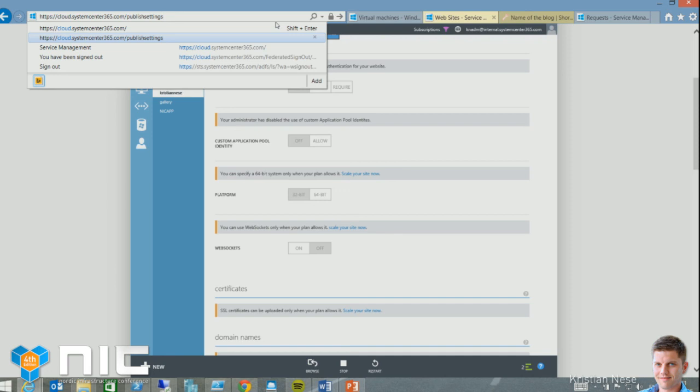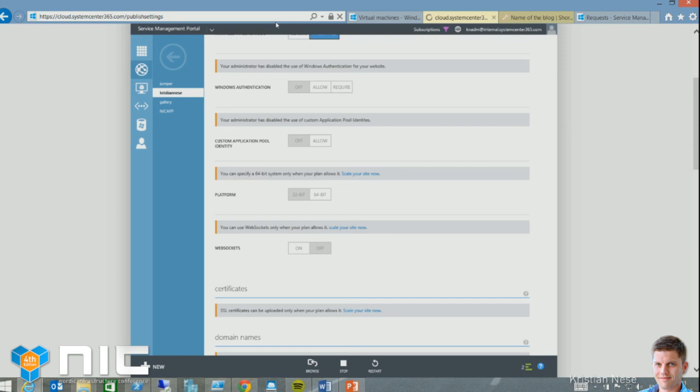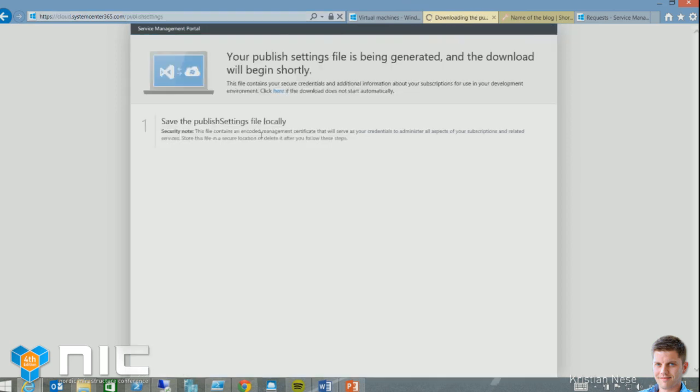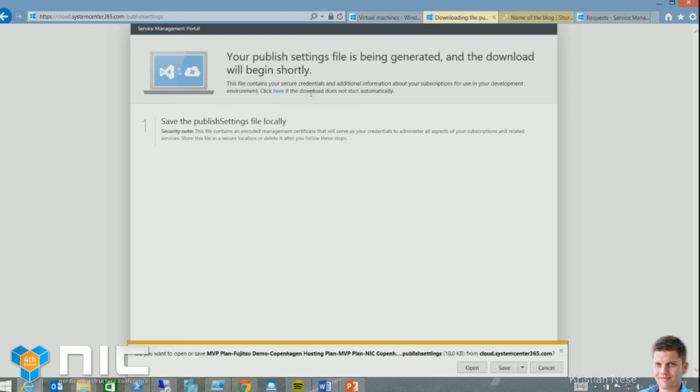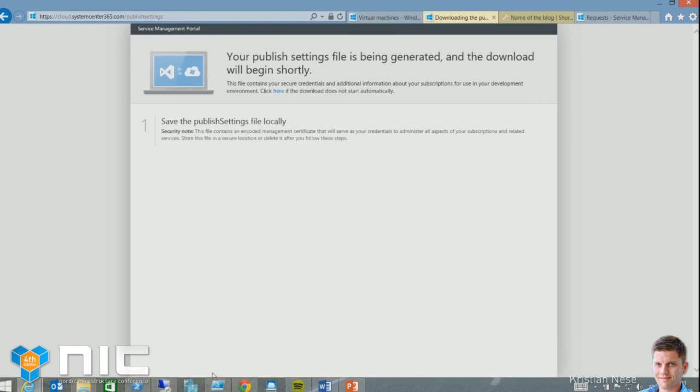And here you can see by adding the publish settings at the end of the URL, this is the exact same experience you get in Microsoft Azure today. It will generate a publish settings file that contains information about the tenant public API we are about to access, and the portal and all the settings related to that subscription. I've already done that, so